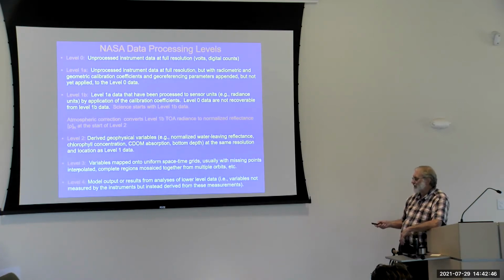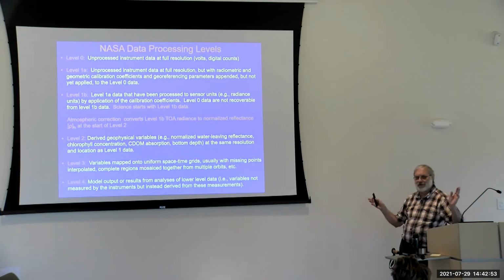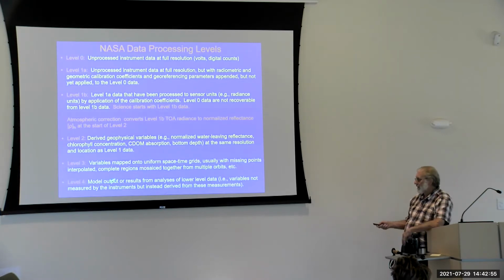The more general, like public program manager types, they may want to say, just show me the map of the chlorophyll in the North Atlantic. And we don't care about any of this. And then there's kind of a level 4, which is if you take, let's say, the level 2 chlorophyll concentrations